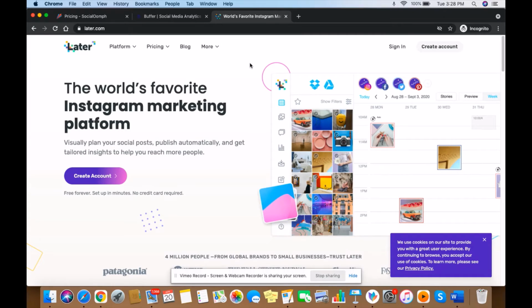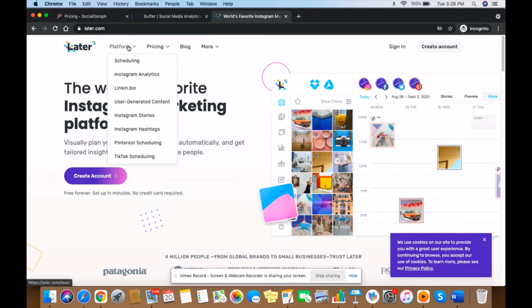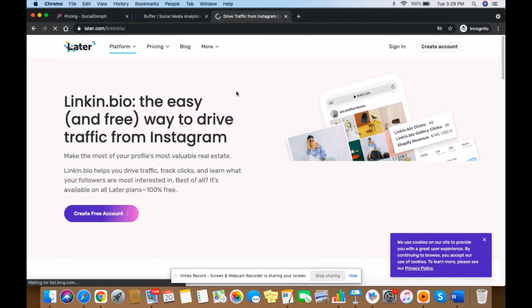This particular platform offers you the scheduling option. They give you Instagram analytics. Suppose you have a personal or business account, you will be able to analyze your Instagram, just check how many people are following every month.